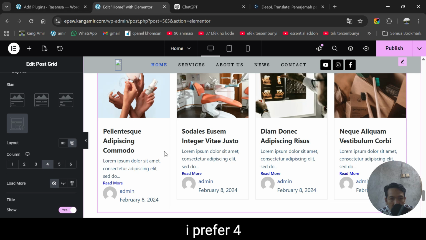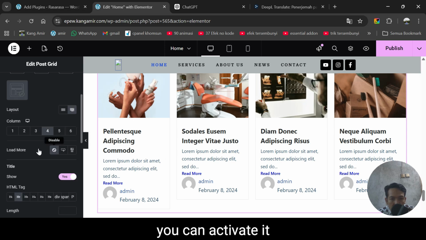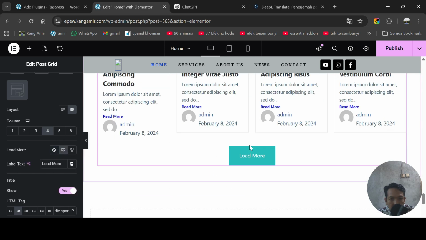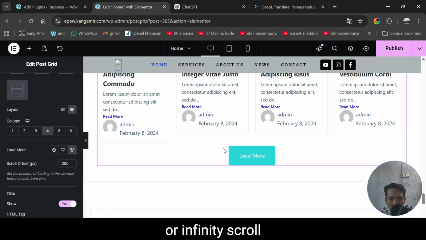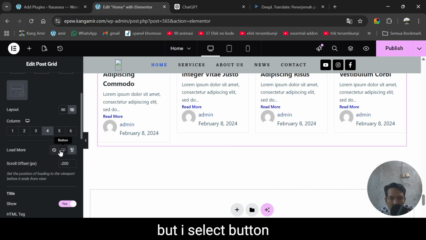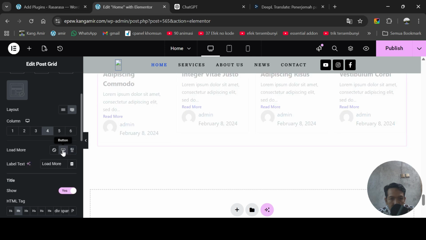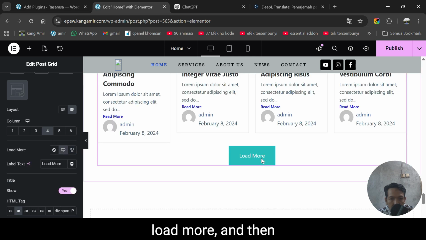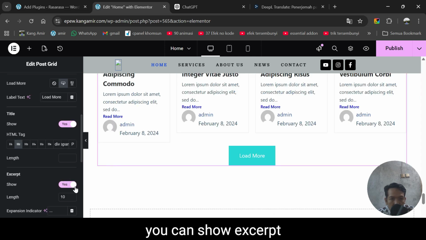I prefer 4, and you can activate the load more button like this, or infinity scroll, but I select the load more button. And then you can show excerpt,